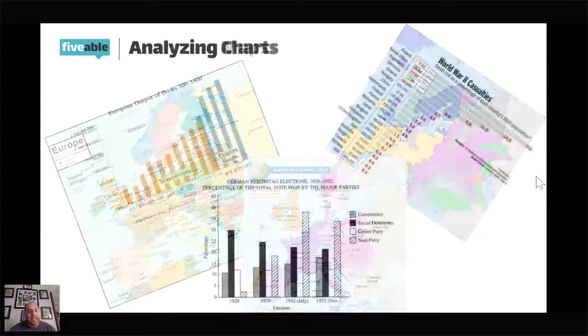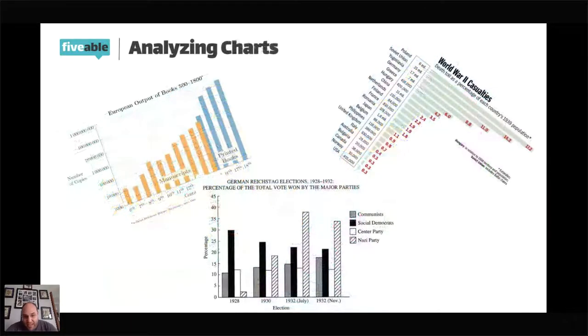And then the last thing is charts. Again, just like with maps, you have got to read the titles. If you don't read the titles, you don't know what the chart is showing you. Because without looking at the title of this chart on the left, all you see is manuscripts and printed books. Well, what does that mean? Okay, what does that mean if you don't know what we're looking at? Why do I know that there's 10,000 or 11,000 manuscripts in the 6th century and over 1 billion printed books in the 18th century? Well, that's where we're looking at the output here.